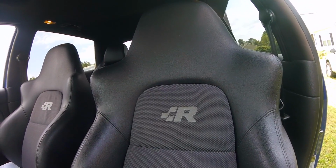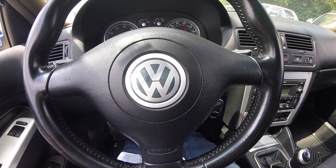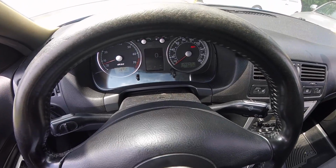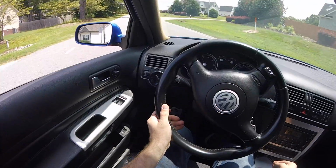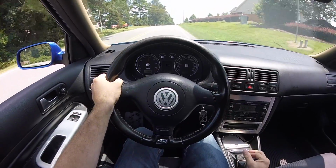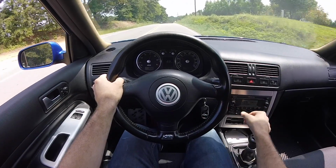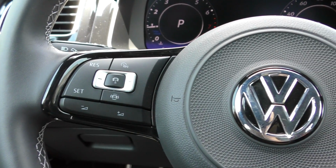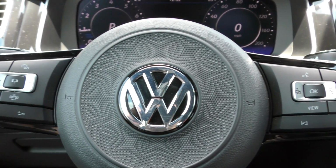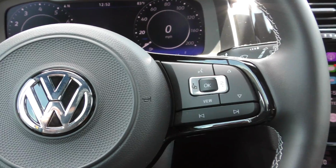Number 2 is the steering wheel. The steering wheel on the R32 has that big fat grip that makes it easy to hold. It makes it easy to handle and move your hands all around the wheel when you're doing something like autocrossing or in any other real high performance driving situation. In addition to that, it's a plain, clean steering wheel. The Golf R has, I think, 19 buttons on it, and that can get a little bit distracting while you're driving. Now, in a high performance situation, you're not messing with the cruise control or changing the radio station, but